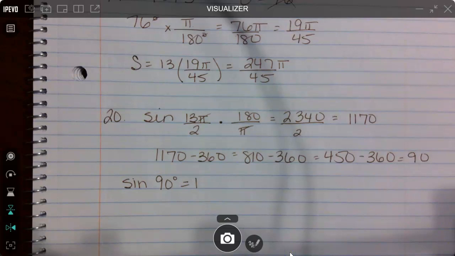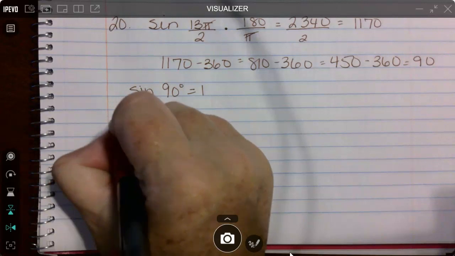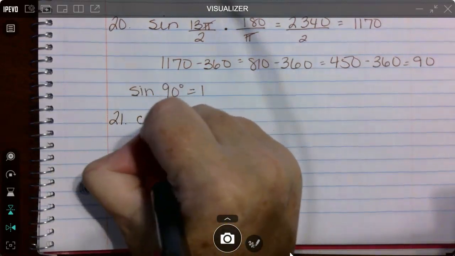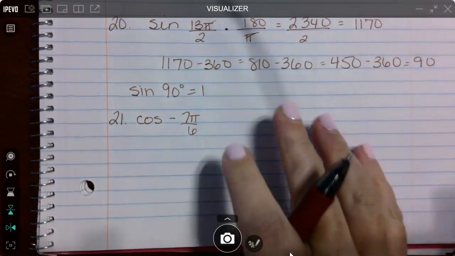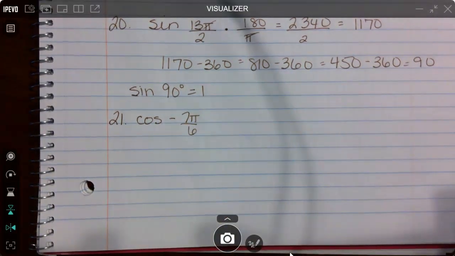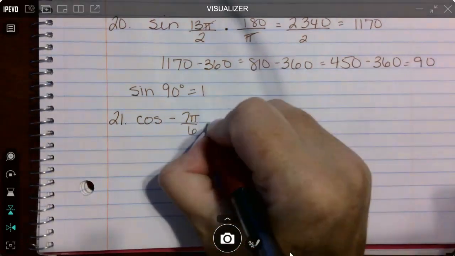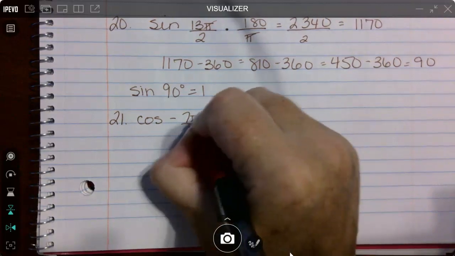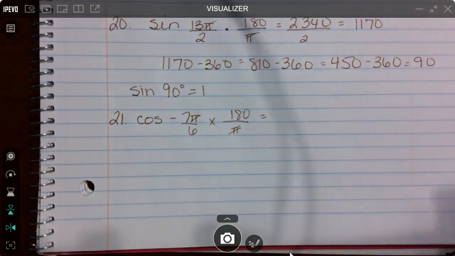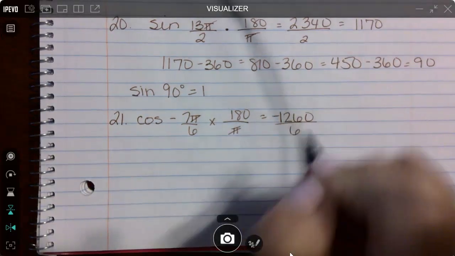Let's see, is that the one I want? Okay. 21, which is cosine of negative 7 pi over 6. Again, negative 7 pi over 6 and positive 7 pi over 6 are not the same number. So we're going to multiply again by 180 over pi, and the pi's cancel. So 180 times negative 7, and I get negative 1260, divide by 6,